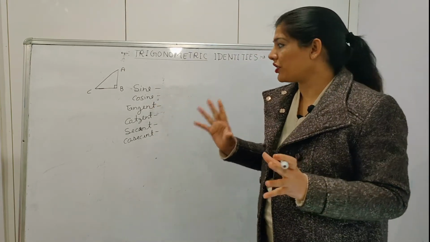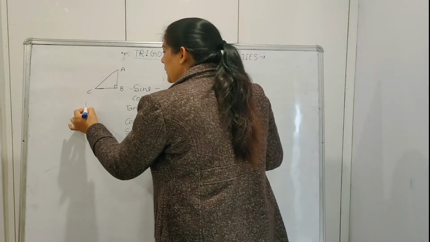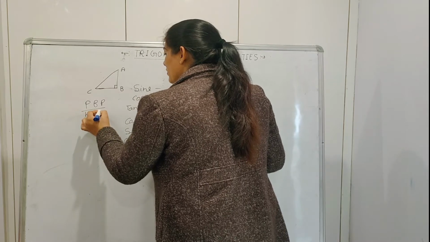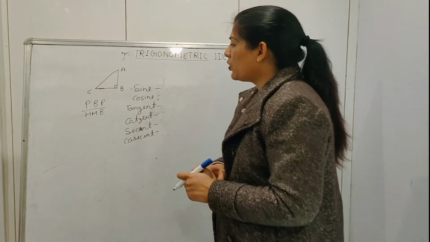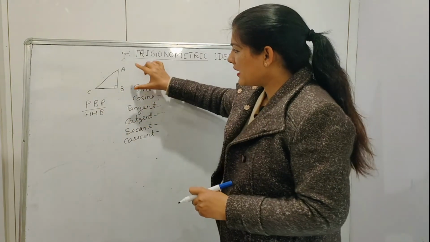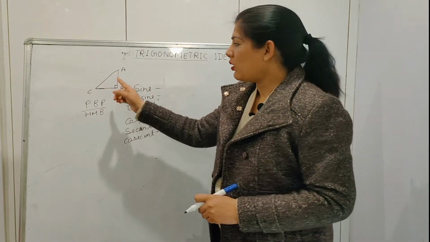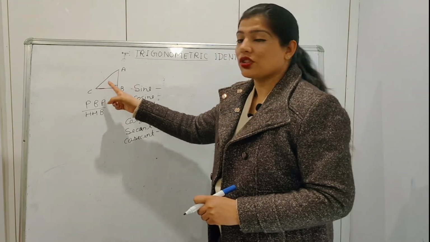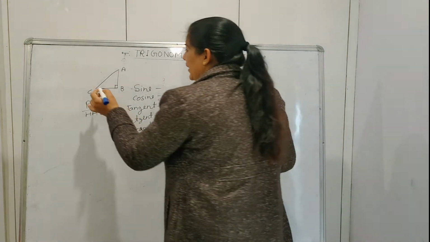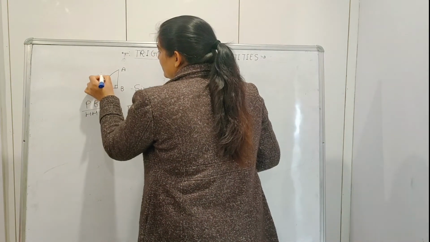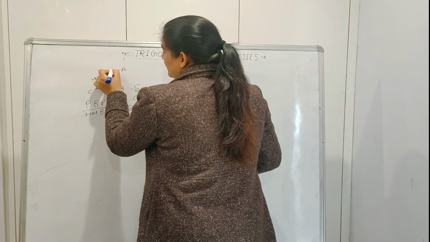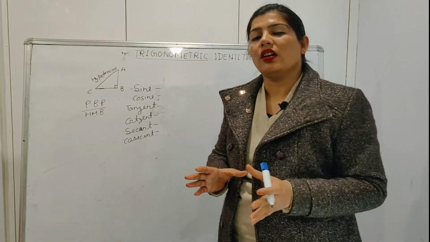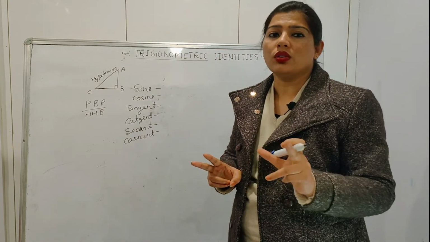We have a short trick here, which is PBP divided by HHB. Okay, and what are P, B and H here? So basically the greatest side, or you can say it the opposite side to the right angle, is H, which is hypotenuse and denoted by H. And what is perpendicular? The opposite side to the given angle, because